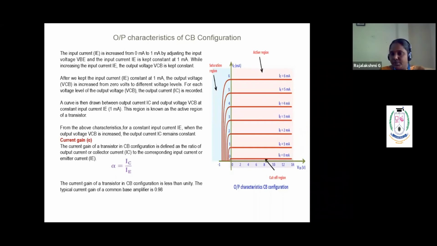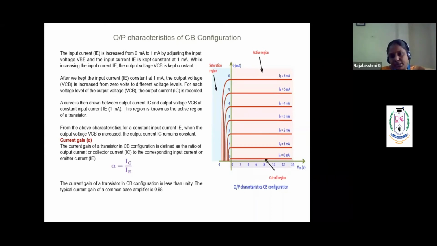No, that current should be made constant here for a set of readings. Initially it should be 0, then 1 milliamp, 2 milliamps. Like that, you can set it to any values depending upon the requirement. So if you see the diagram, look at the curve, the lowermost one, which is closer to the x-axis.